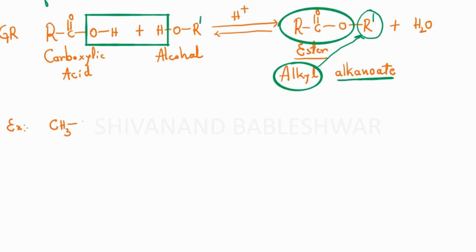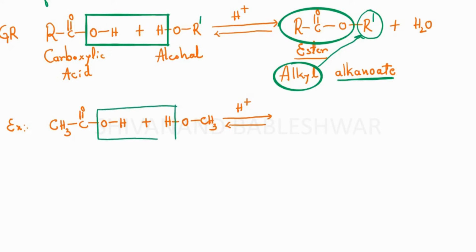Here let me take acetic acid. Simple examples we are supposed to take, students, so that it won't lead to confusion. Acetic acid along with an alcohol, that is methyl alcohol, under equilibrium conditions in the presence of H plus. We have to cleave the OH part of the carboxylic group and the hydrogen of the alcohol, removing them in the form of H2O, and here we'll have our ester, which has a fruity odor, CH3, C double bond O,